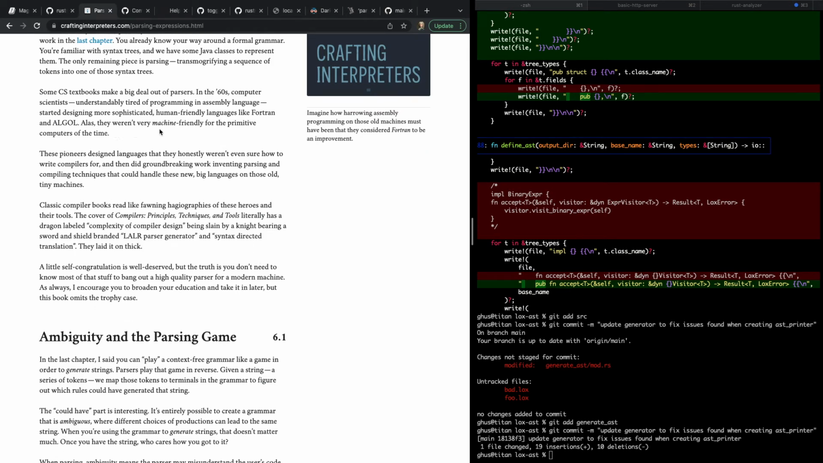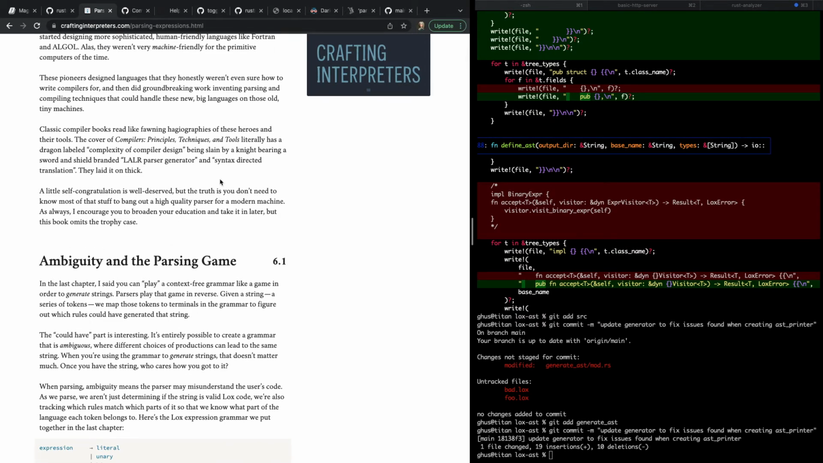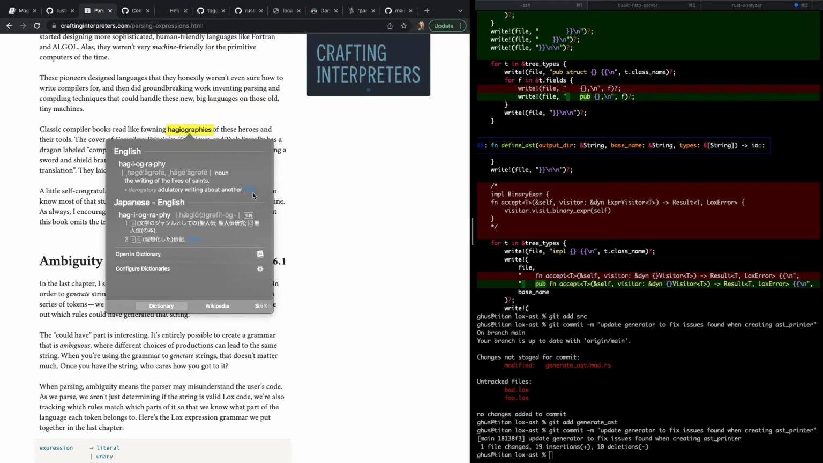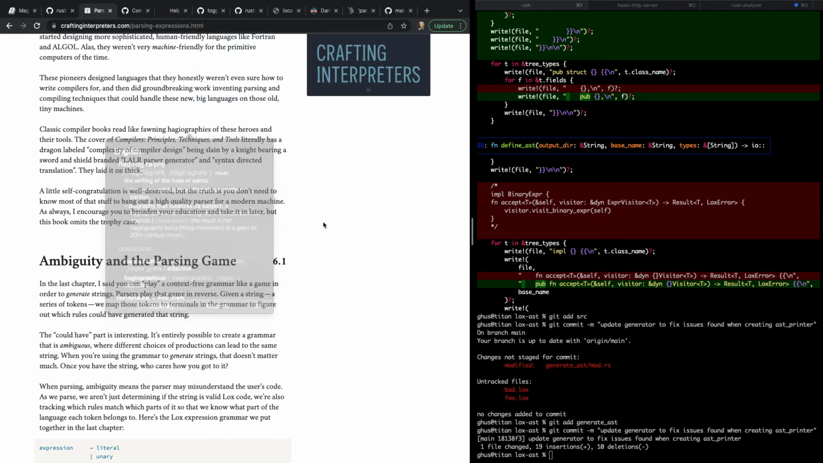Alas, they weren't very machine-friendly for the primitive computers of the time. These pioneers designed languages that they honestly weren't even sure how to write compilers for. And then did groundbreaking work inventing parsing and compiling techniques that could handle these new big languages on these old tiny machines. Classic compiler books read like fawning hagiographies. That's a good word. Adulatory